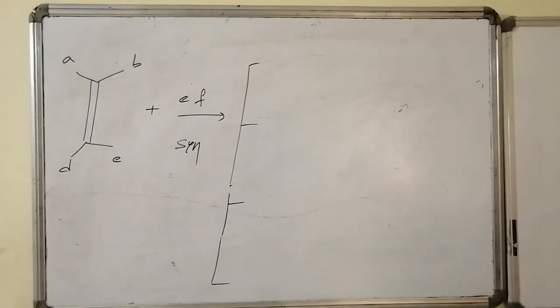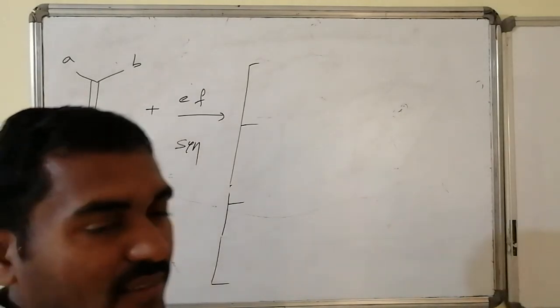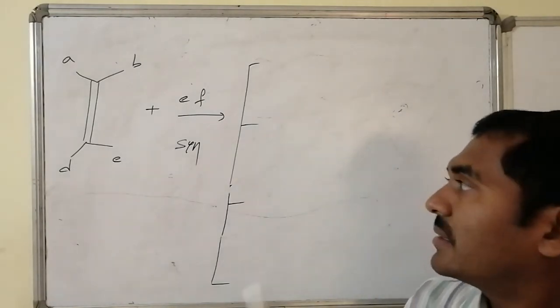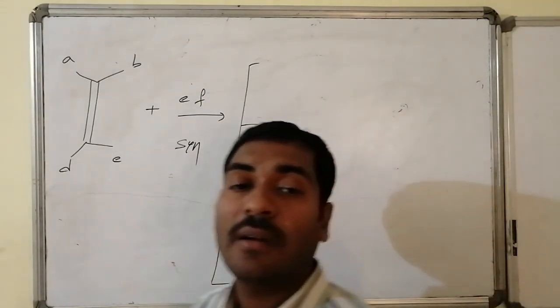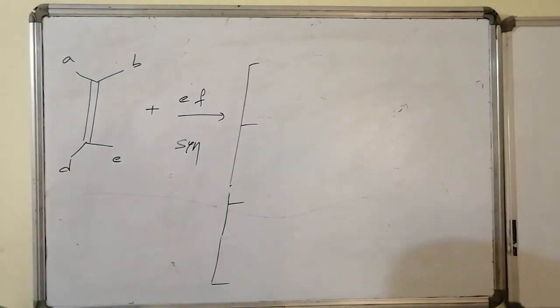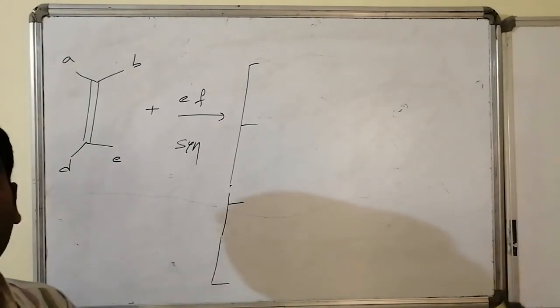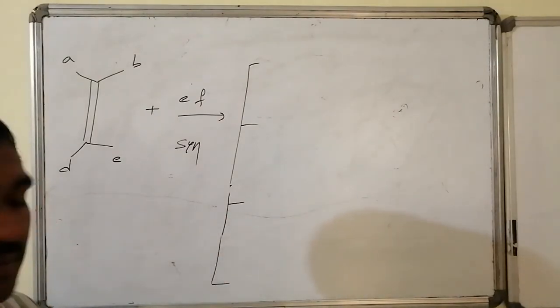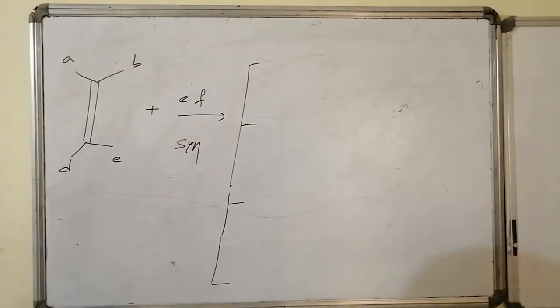Syn addition is occurring. I am having an alkene, AB, DE are the substitutions present over the alkene. On that EF is added in syn fashion. Then how does the stereochemistry appear? If I represent the corresponding thing in the flying wedge presentation, where E and where F will come. In case of Fischer presentation, where it comes. In case of Newman presentation, in case of Sahar's presentation, where they will come. Let us have a look.